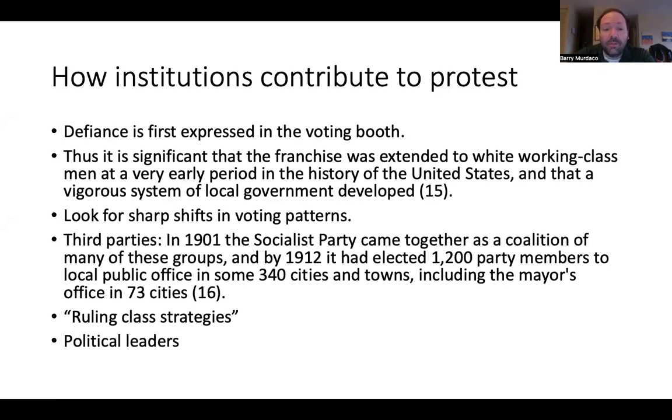Now, I'll just mention it, we could look at it in a more systematic way in a future class. But one thing that stands out from the most recent election was that there was a large shift of voters, particularly among Latino voters in the 2024 election. A large number of Latino voters voted for Trump who, in prior elections, had voted for the Democrats, particularly among Latino men as well. So that would be one example of a kind of shift in voting behavior.